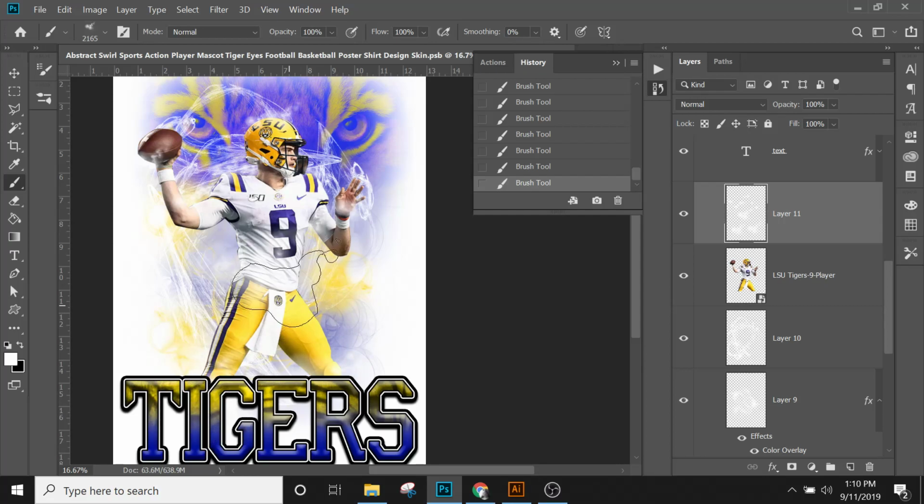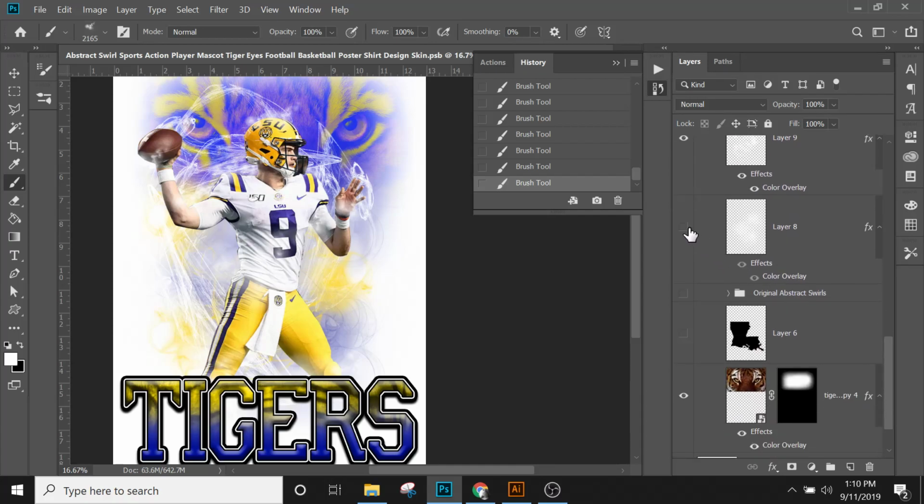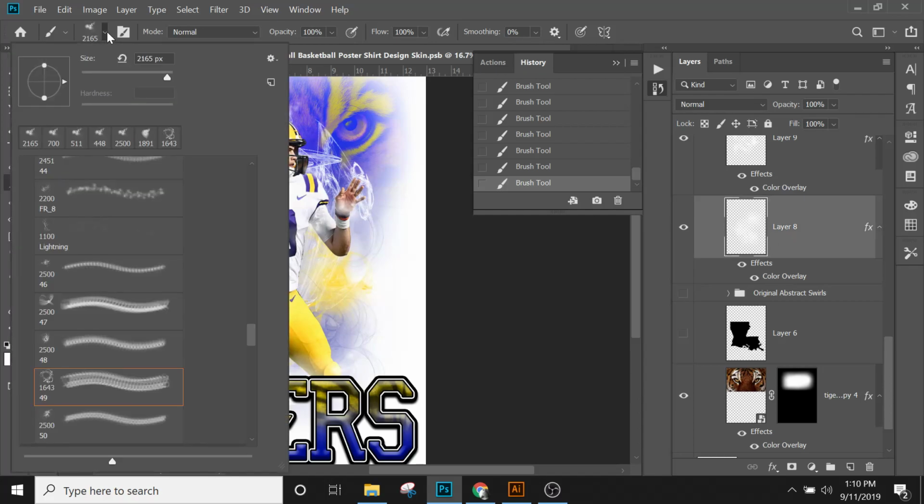Alright, so I think I'm okay with that right now. We shall see. By the time I finish it, I get a little antsy about stuff and change things. I think I need a little bit more blue in that background. And what I could do is I could paint on my already blue background with another brush. That way